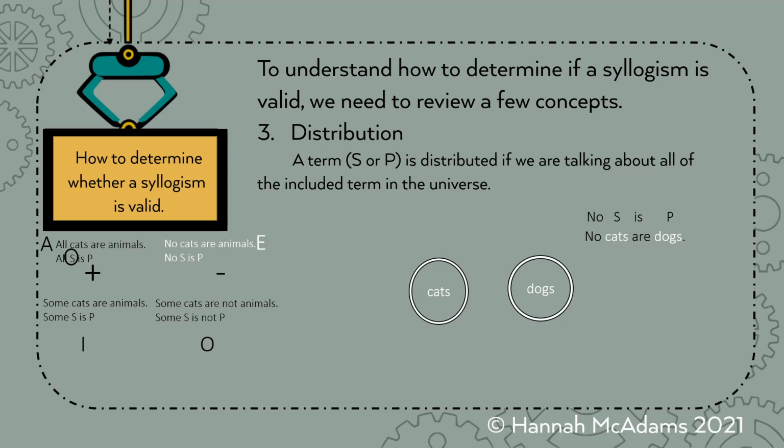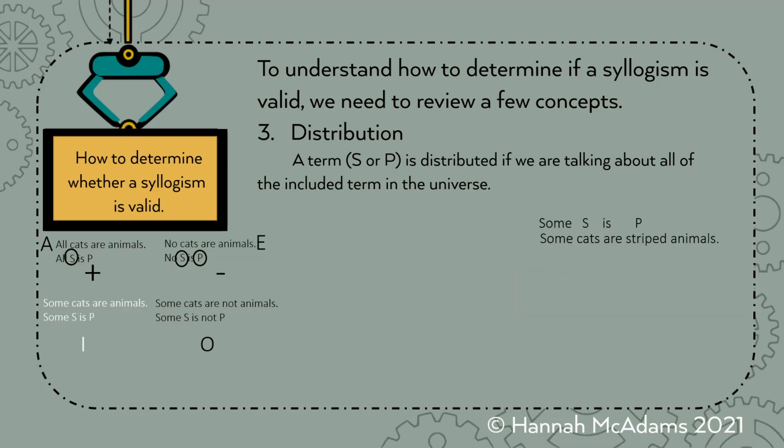Okay, so we are going to distribute both. We're distributing the subject and the predicate. So we are going to circle the S and the P for the E statement. So again, in the A statement, the S is circled because it's distributed. In the E statement, the S and the P are circled because they're distributed, okay? All right. Now let's talk about